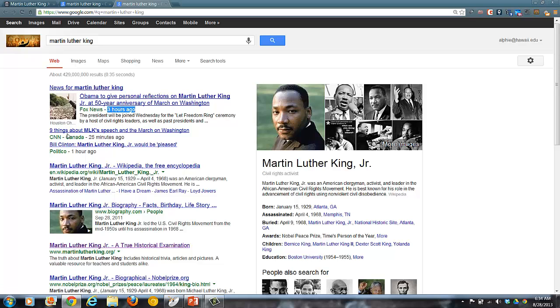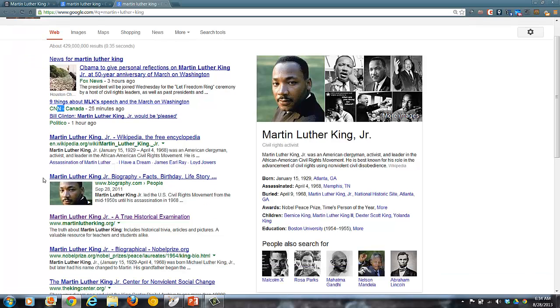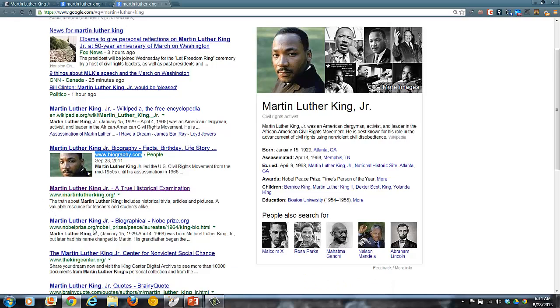This one's from Fox News. This is from CNN, Politico. Then you keep on going down and you see Wikipedia and something from biography.com. So, these can be potentially good resources for you if you were doing research on Martin Luther King. You keep on going down, Nobel Prize, and then I kind of glossed over this one, and it's a good example because someone purchased the domain martinlutherking.org, and if you were to click on it, it would take you to